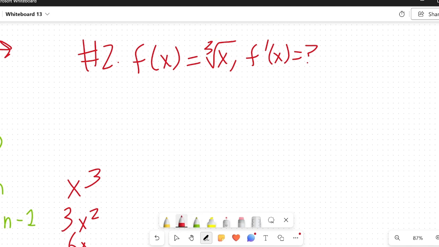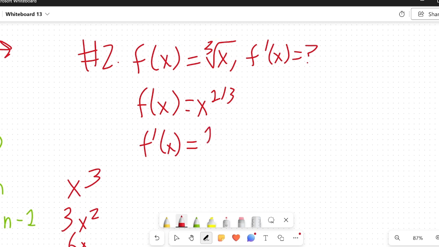So we have to convert this f of x into the form x to the 1/3, something like so, right? And then in order to evaluate f prime of x, we have to bring this 1/3 out in front, right? So if we reduce this power by 1, we get x